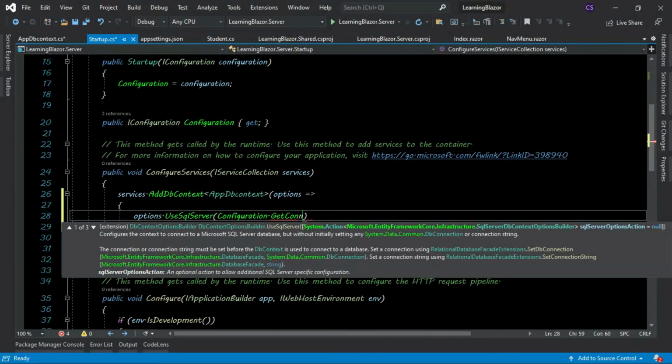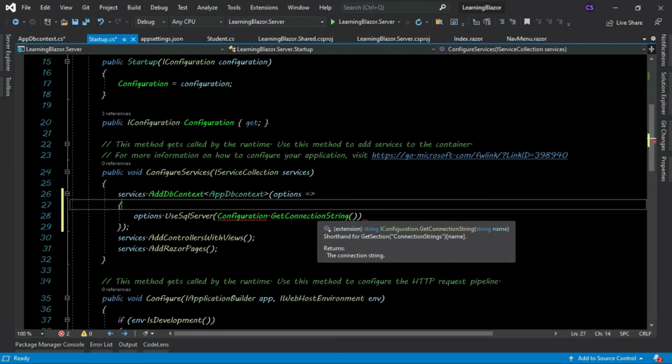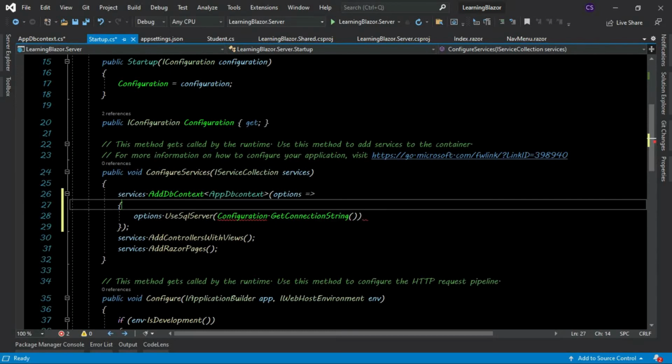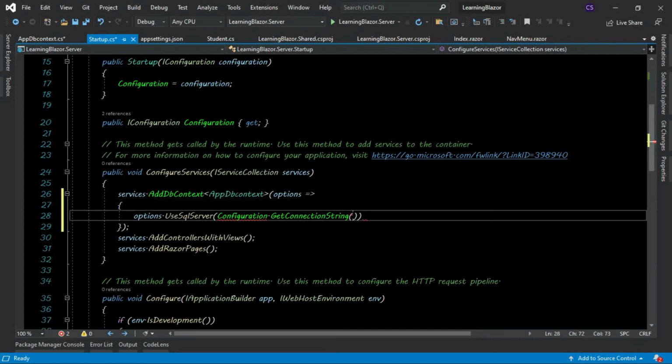Okay, it wants us to type in the connection string manually. I think there's just something wrong that I've done. Okay, let's just continue. So it was just waiting for us to try to pass in a string there, and then let's just